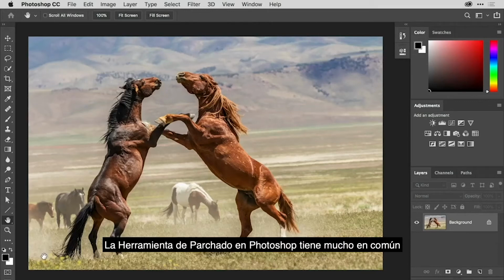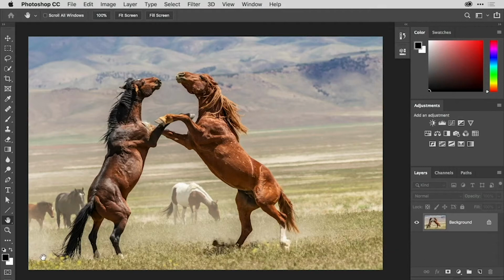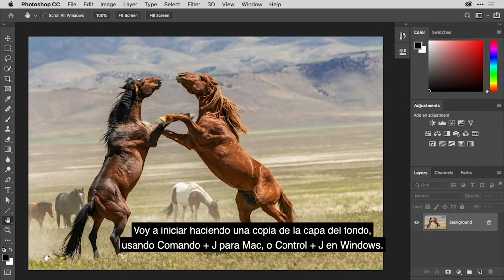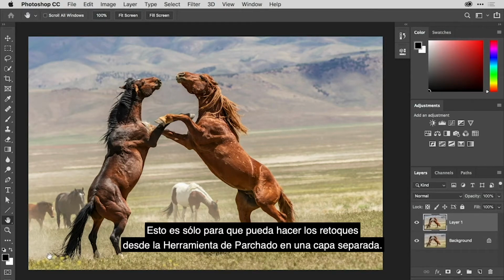The patch tool in Photoshop has a lot in common with content-aware fill and the healing brush. Let's see how we might use this tool to remove one of the horses in the background. I'm going to start off by making a copy of the background layer by choosing Command J on the Mac or Control J on Windows, and this is just so that I can keep the retouching from the patch tool